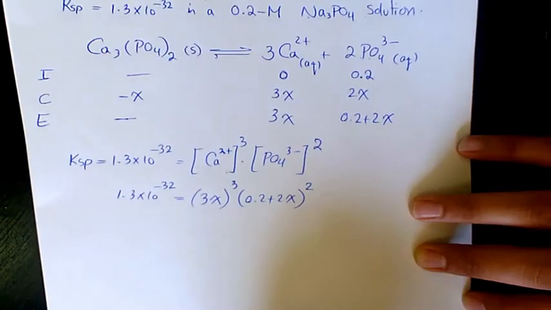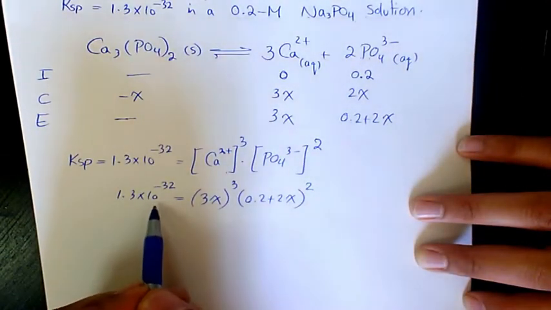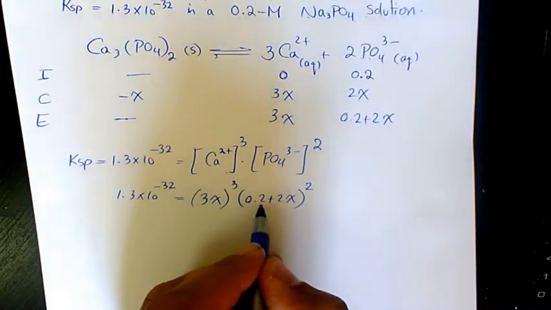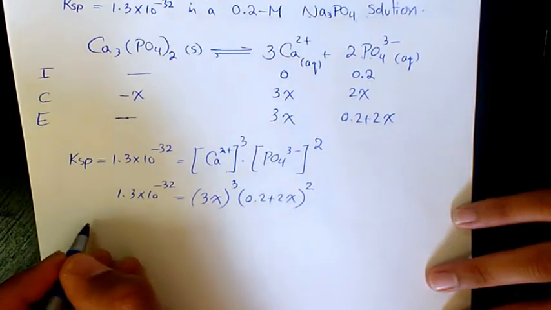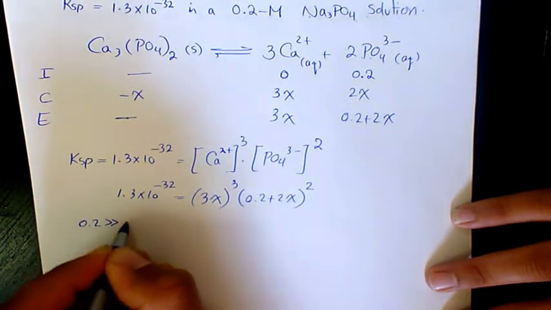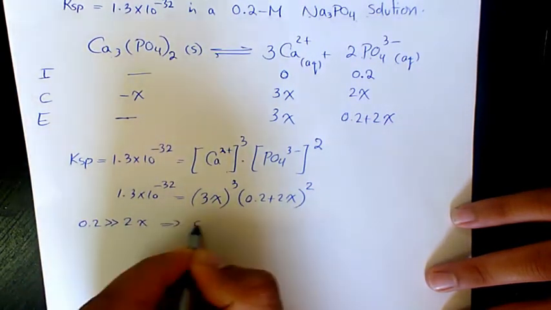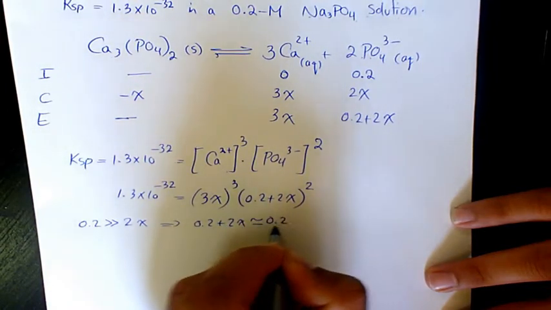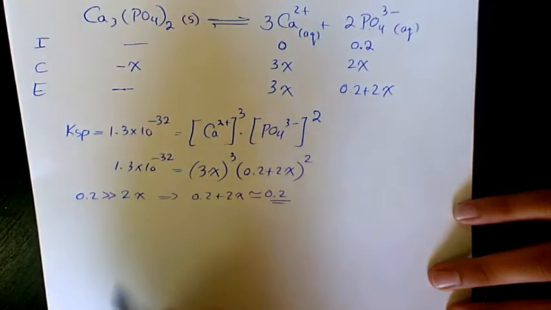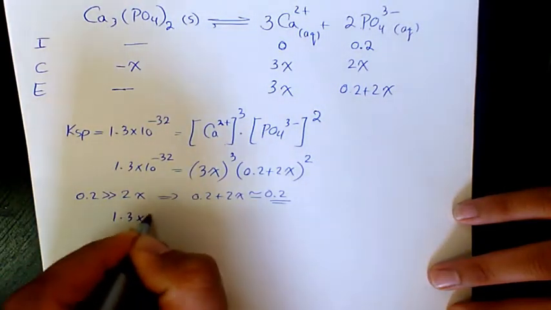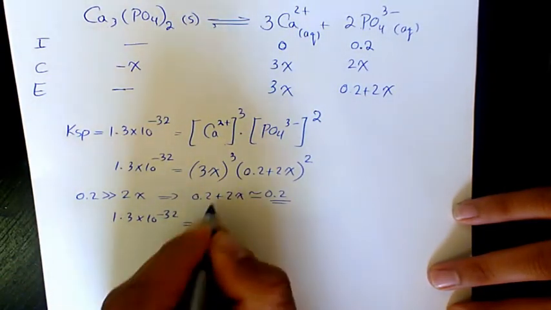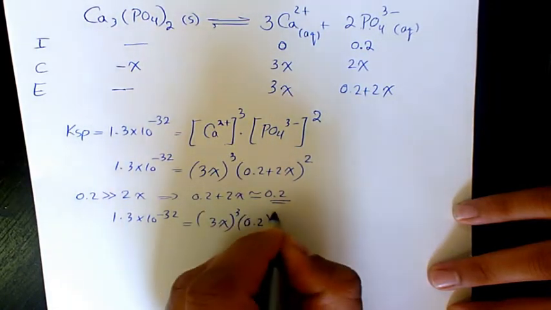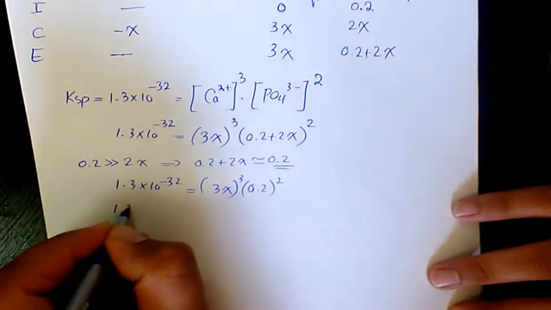So now, because the KSP is a very small number, we can say that 0.2 must be much greater than 2x. So 0.2 is much greater than 2x. So we can say 0.2 plus 2x is approximately equal to 0.2. So 1.3 times 10 to the power of negative 32 equals 3x to the power of 3 times 0.2 to the power of 2, which is going to be